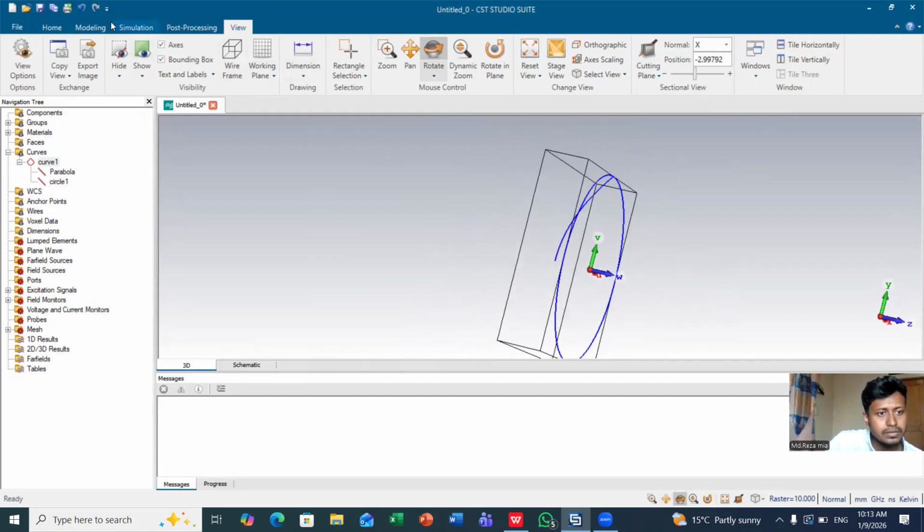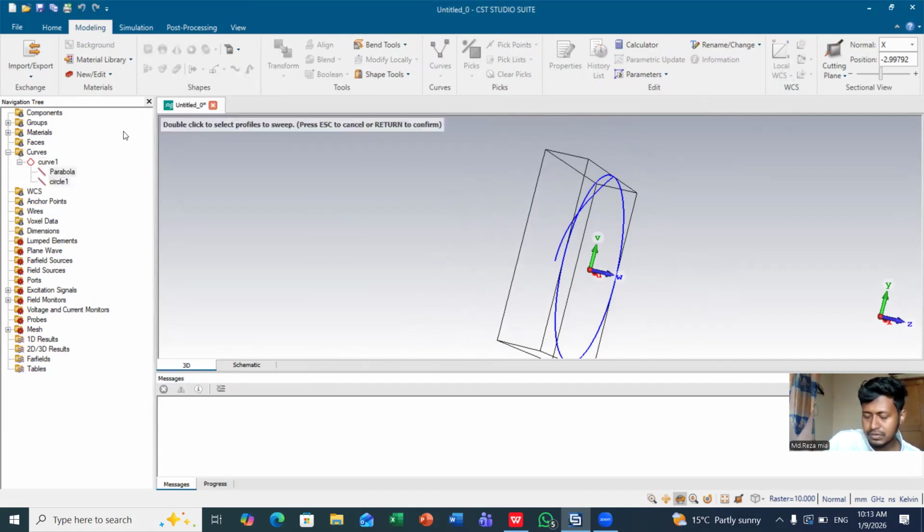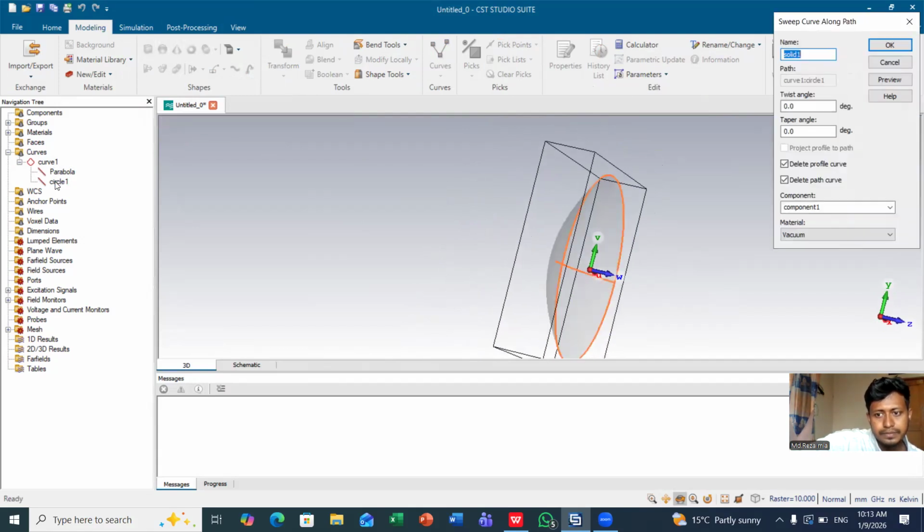So before doing that, go to modeling again. Press create shape from the curve. Select the sweep curve. From the sweep curve, select parabola. Press enter, and again press circle. Press enter. Okay. So rename it instead of solid,